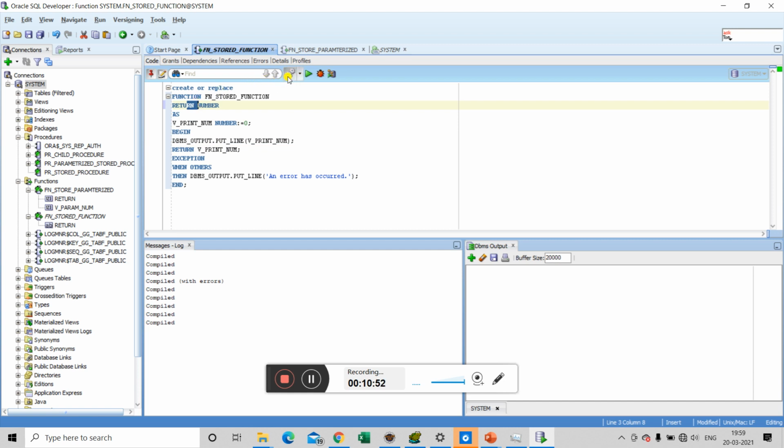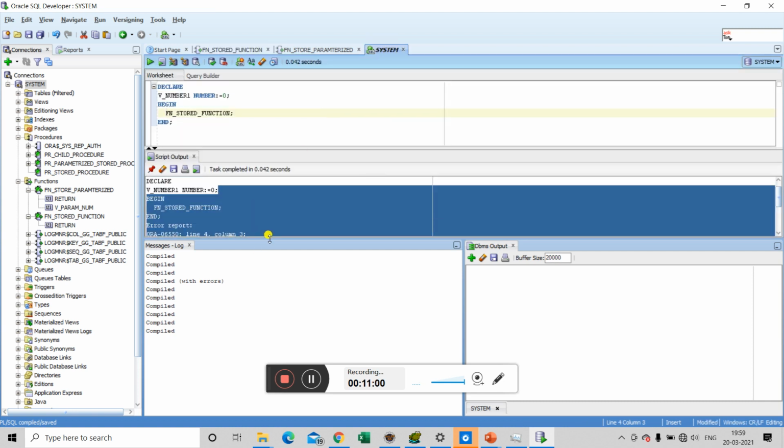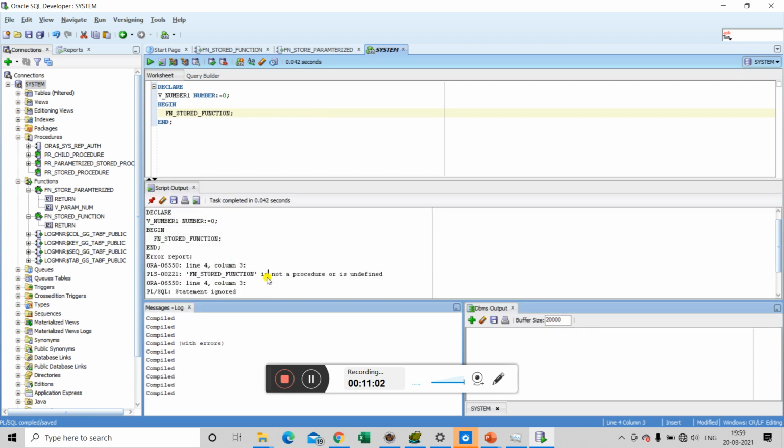Let's compile it again. Now that we can see the error inside this, we need to handle it. To handle this error, first we need to hold the value being returned by this function. So we use a variable that will hold the value returned by the function fn stored function.